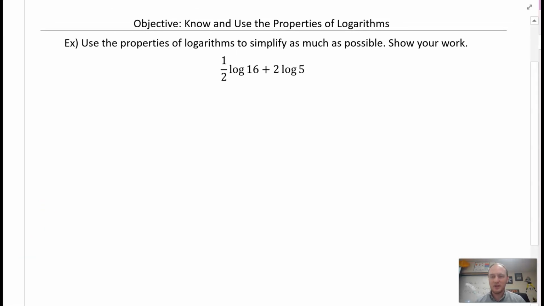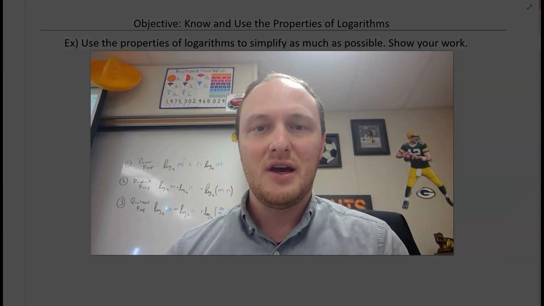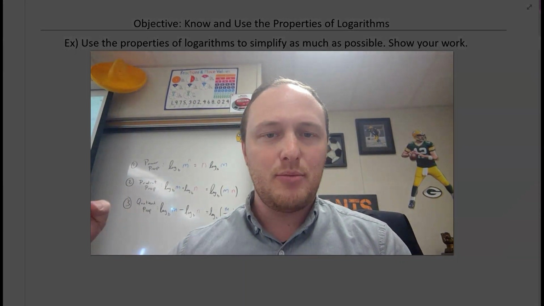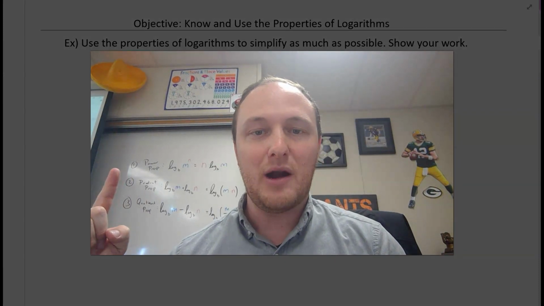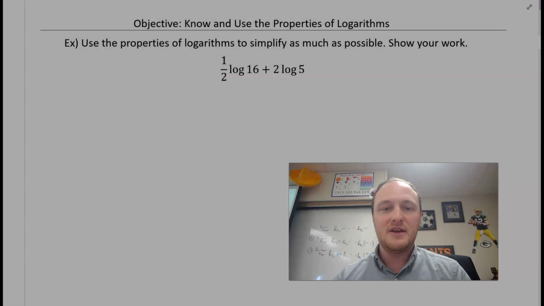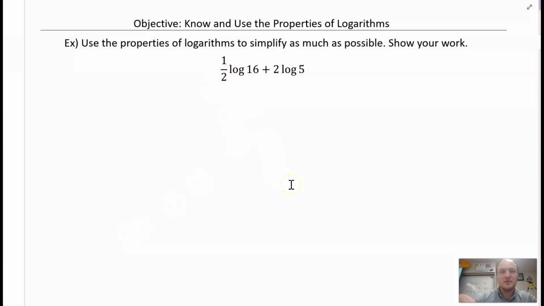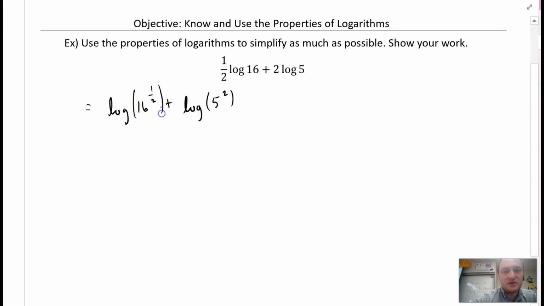Show your work. And what I want to direct your attention to right above me is this order up here. I wrote step 1, where am I? Right here. Use the power property first, okay? And so what I'm going to do is move any coefficients up into the numerator. So this is going to be the power property. So I have log of 16 to the power of 1/2 plus log of 5 to the power of 2, right? So all I did was take those coefficients and move them up. Again, that is the power property